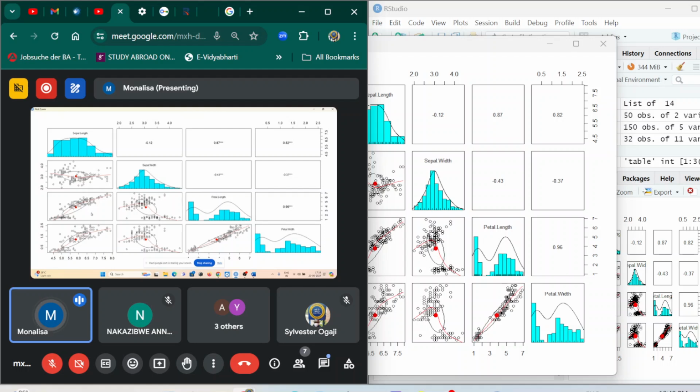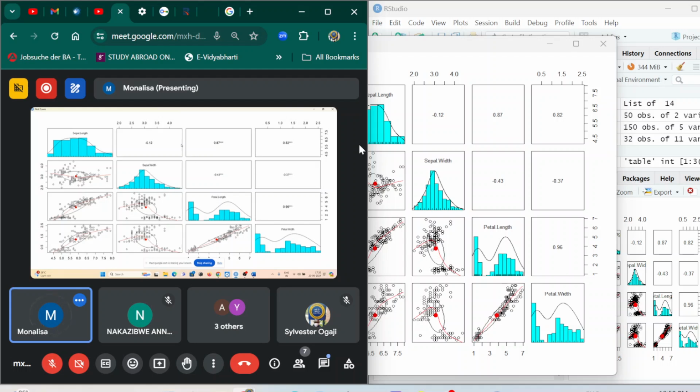This is the scatter plot between sepal width and petal length, right? So this is the scatter plot between sepal length and petal width. This is the scatter plot between sepal width and petal width. You can see this is the scatter plot between petal length and petal width, right? So these are called the scatter plot or diagrammatical representation of the values present against these four variables,